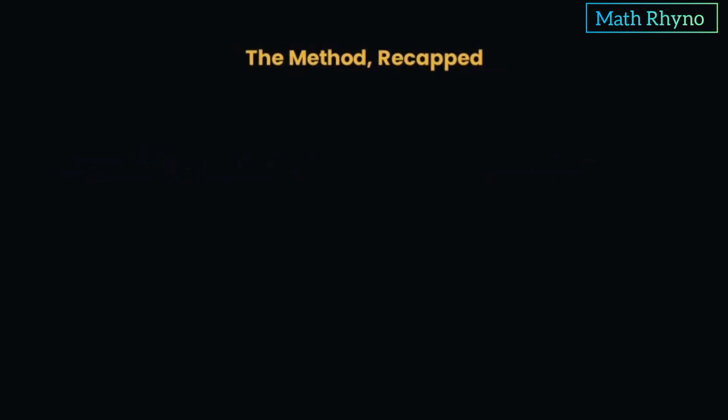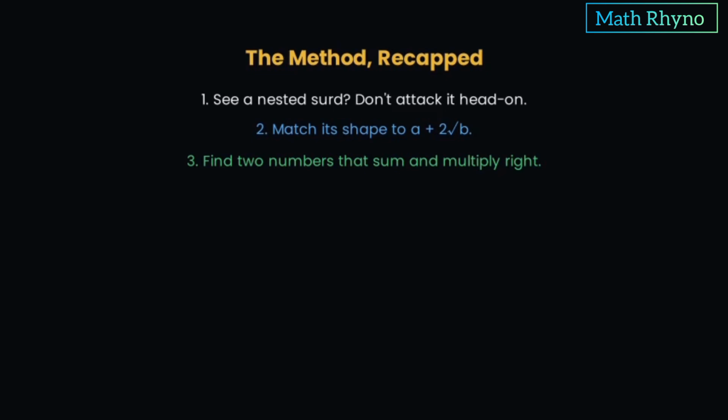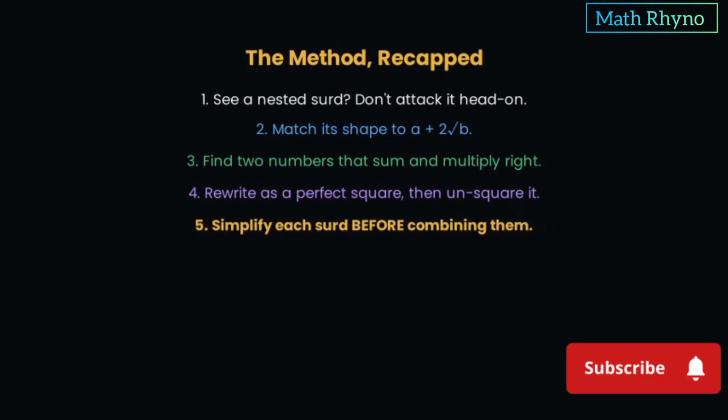Let's recap the method. Step 1. When you see a nested surd, don't attack the whole expression head-on. Step 2. Make each shape into a number plus 2 root of a number. Step 3. Find two numbers whose sum and product match. Step 4. Rewrite it as a perfect square, then simplify and square root it. Step number 5. Always simplify each surd before